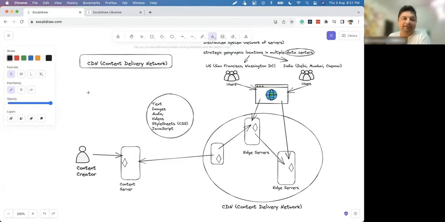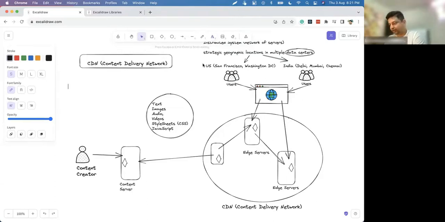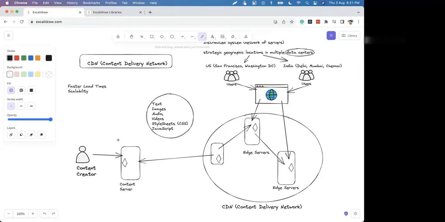There are many benefits of CDN. The benefits are faster load times and scalability. Why scalability? The content creator's server may be a less powerful server.